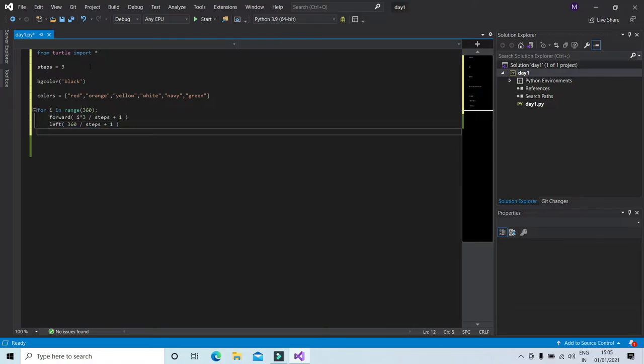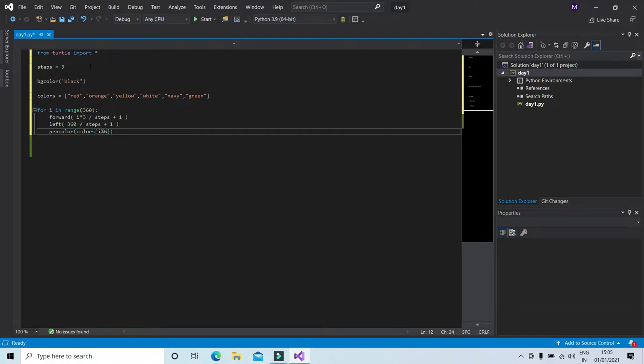And after that, I'll be using the pen color function to assign the ink to the turtle so that it can draw on the presentation screen. I'll be using the percentage operator over here so that we can extract colors from our colors array.